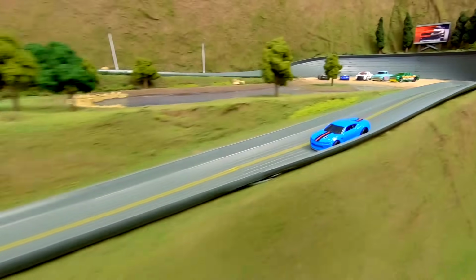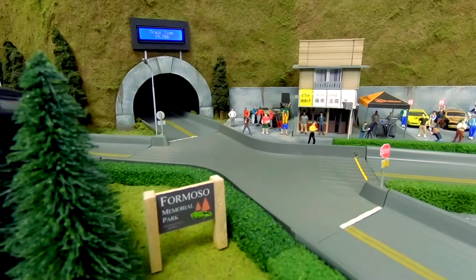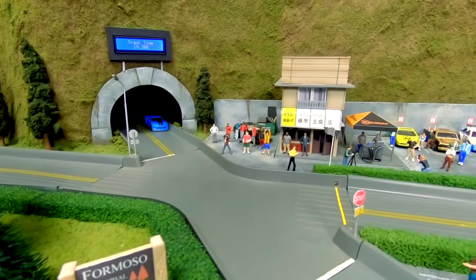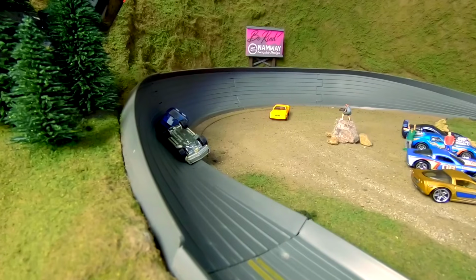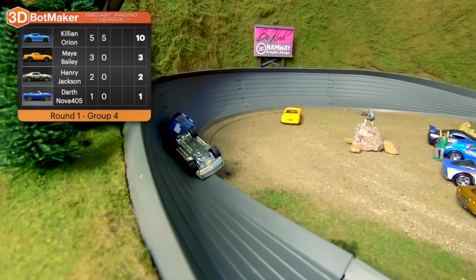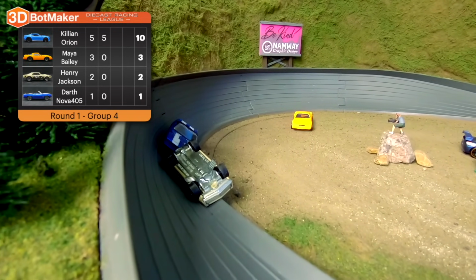Killian Orion, the last man standing as he rounds the final corner and passes the finish line to pick up his second win. Once again, everything can change in one race. That win right there pretty much guarantees Killian Orion's spot in the next round. We've still got 2 races left, but he does have a 7-point lead over the second place driver,